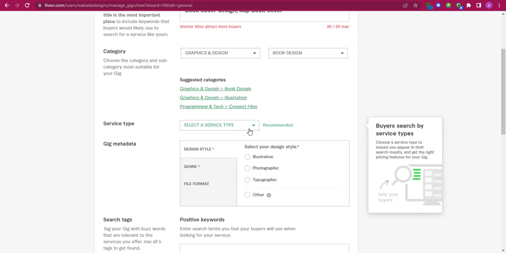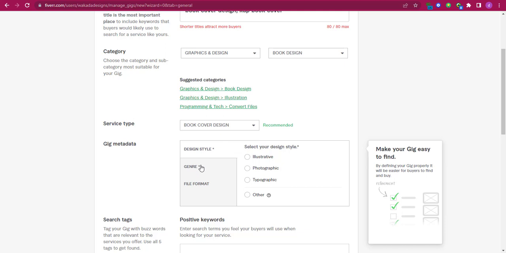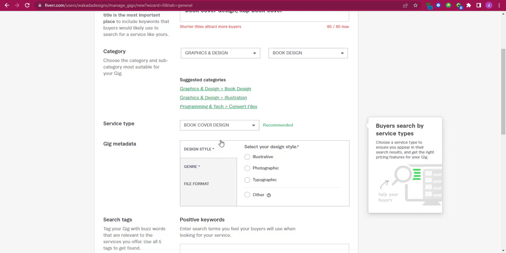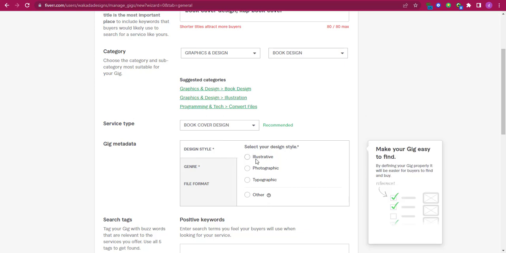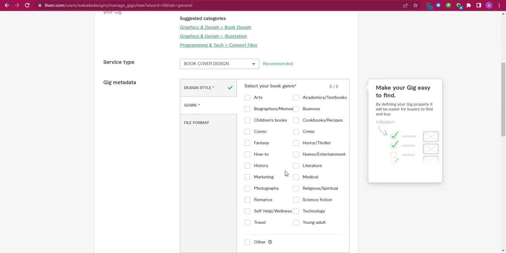So here, I normally don't use this, but let's use it on this one. Then you have illustrative, photographic, typographic. Depending on the niche or the service you're offering, this is going to be different. But you have to select it based on what you are offering. So I'm going to say photographic, then general, then I'm going to say